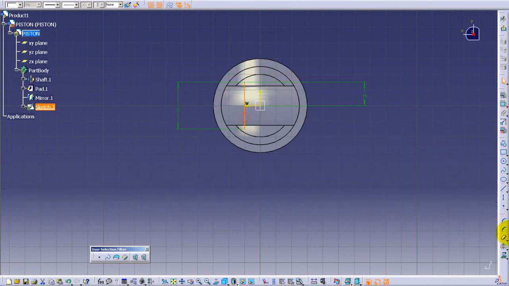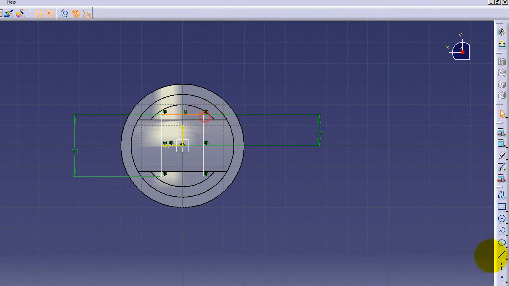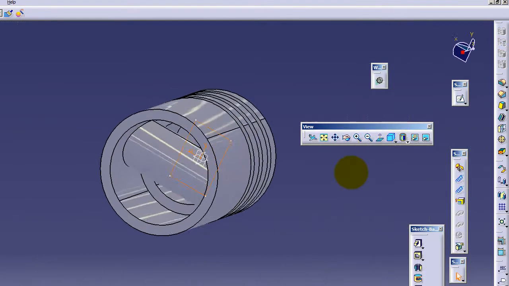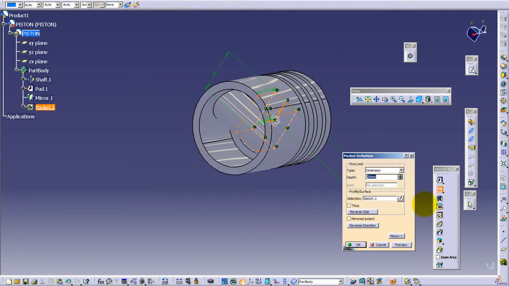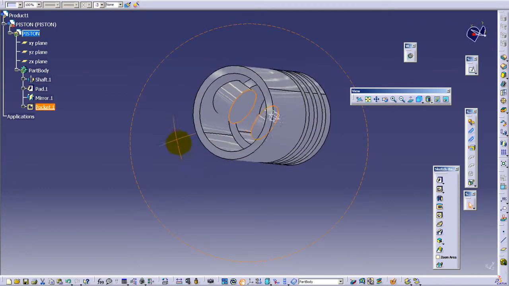And I shall mirror this in respect to the vertical axis, unite the lines like this, so we have a rectangular shape, and I'm going to create a pocket up to the last, press preview,